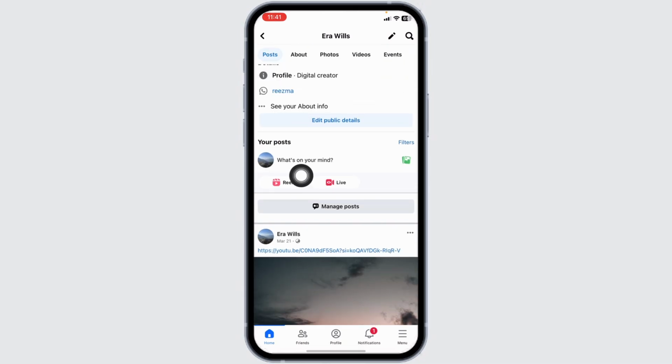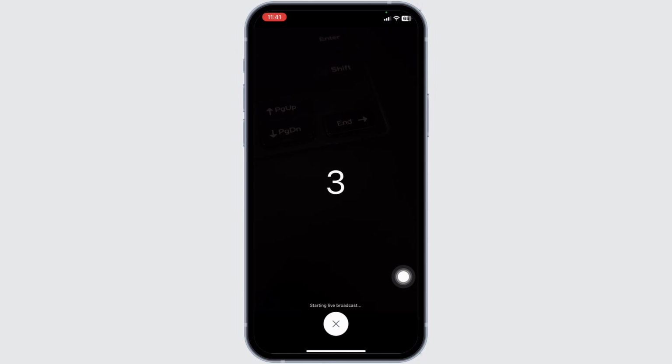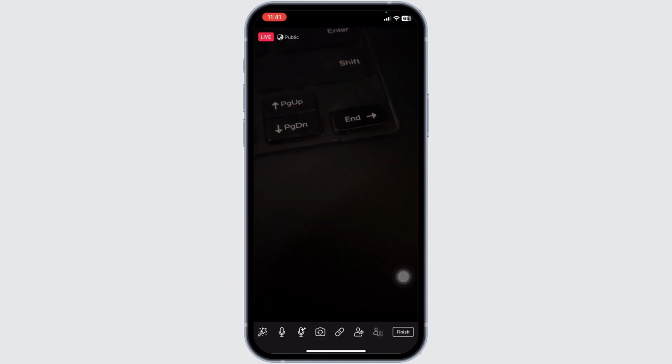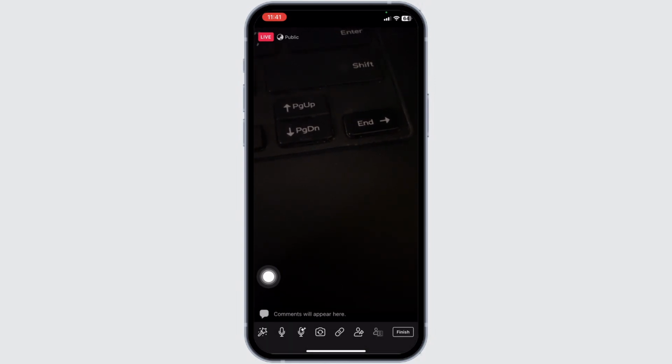Now scrolling down over here, you will find the option of Live. Click on it. Click on the option of Go Live. Just with that, you are live on Facebook. Now here you can see that comments will appear here. If someone comments on your live, it's going to appear over here. In the case people are commenting on your live but it is not showing in the live, what you can do is,